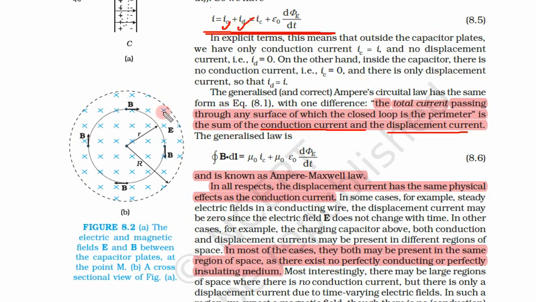In this figure you can see the side view of this parallel plate capacitor. As I have already told you, a parallel plate capacitor does not mean that these plates must be flat or rectangular. These plates can be circular as well. If we see it from the side, we see them as lines. This side was positive, this side was negative. So this was our electric field. Now we are seeing this from this side.